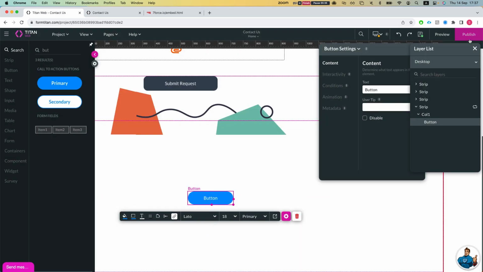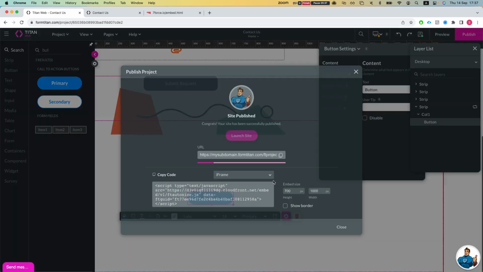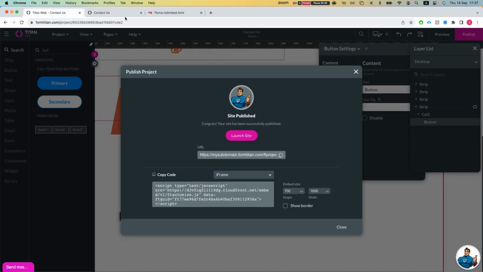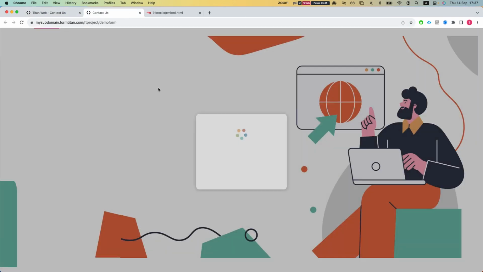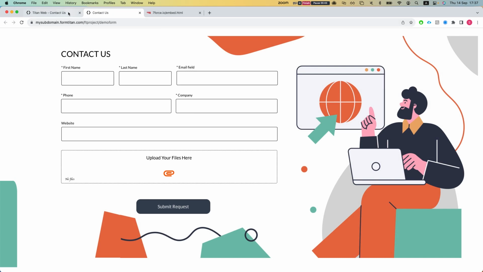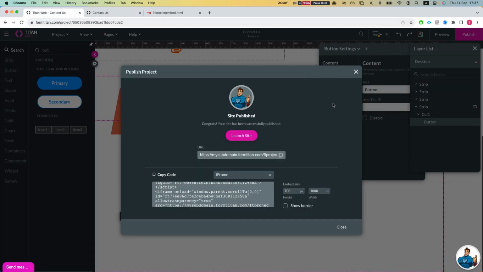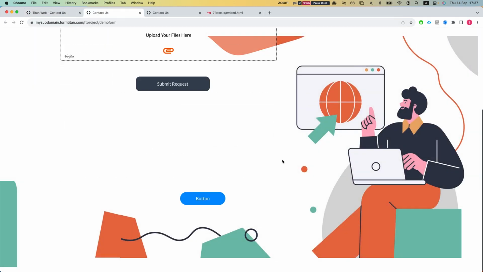And obviously whenever we're embedding, you always want to publish the project, because otherwise it will not take effect on the iframe, because before then it was just a preview, and now we have to publish in order for us to see it. So we have the button here,